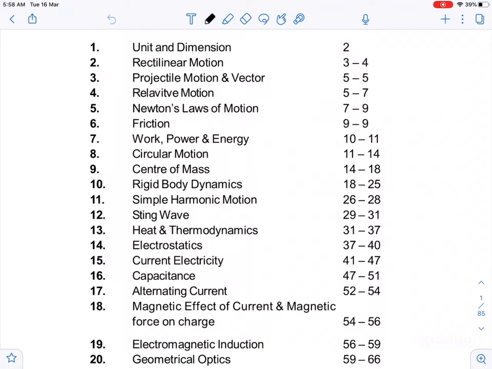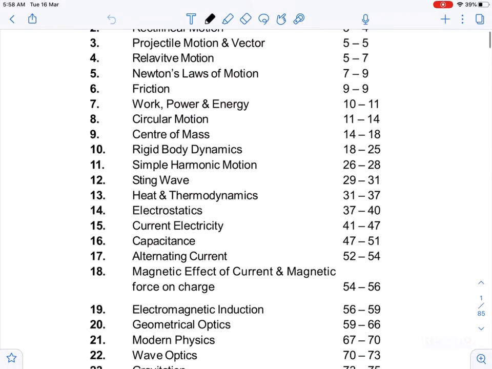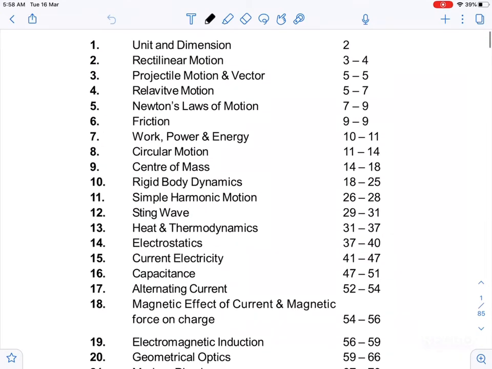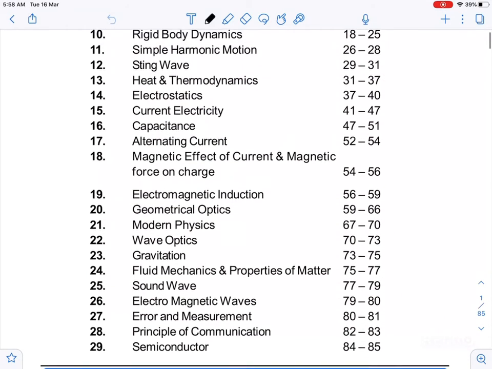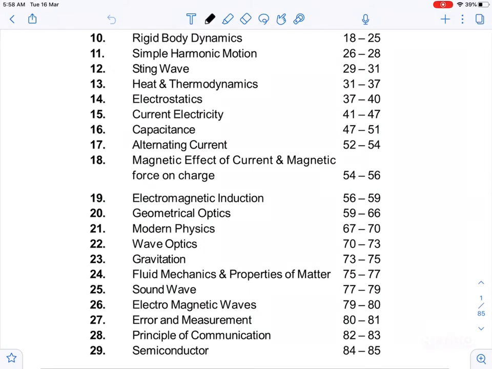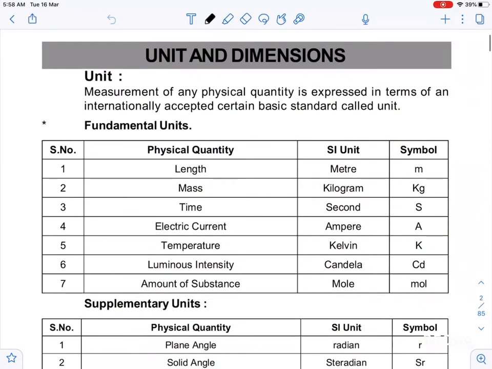So the biggest challenge for a student is how to revise all the formulas at a glance. So I'm trying to cover all these topics and important formulae at a glance so that you can understand what to revise at the last moment. So these are the topics which you can see on the screen, whose formulae we are going to cover. It is not possible to cover all these formulae in one lecture, so I'll take a series of 3 lectures. So in less amount of time I am going to cover all the formulas.